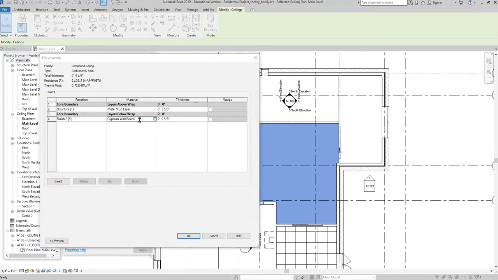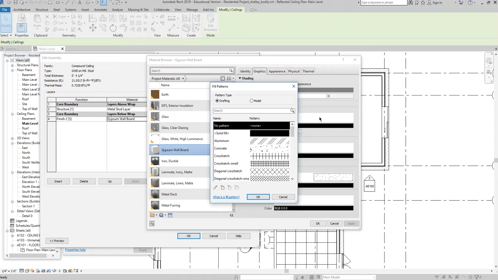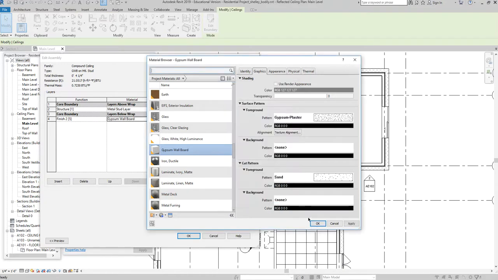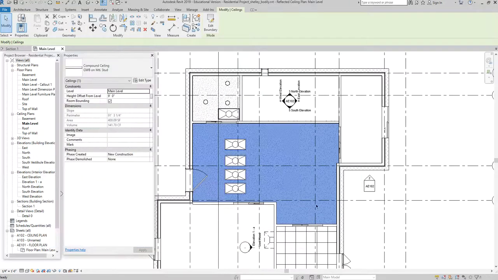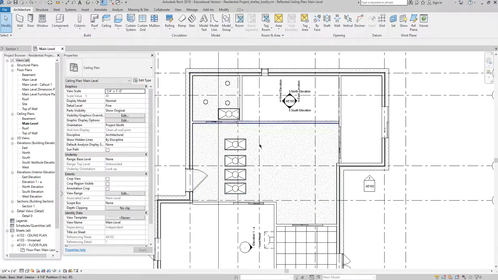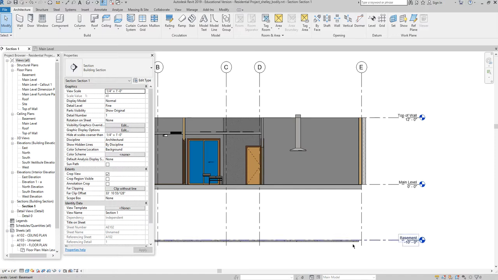I clicked on gypsum board, which is a material, and I just came here to the foreground surface pattern, clicked there, and gypsum plaster, okay, okay, okay again, and now I see kind of a pattern happening here. If I go into my sectional view again, right,